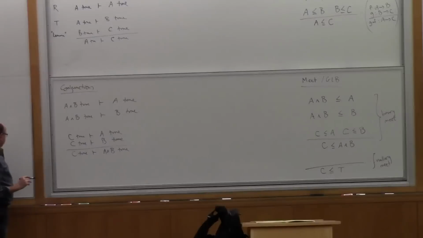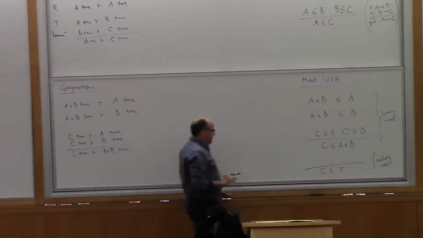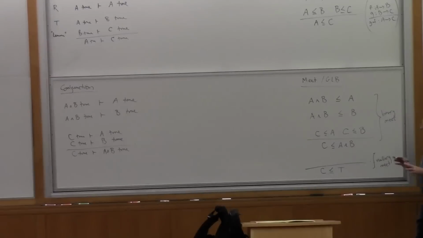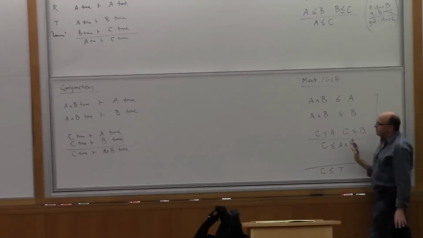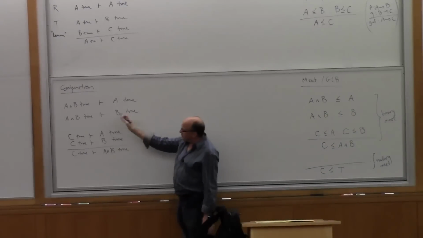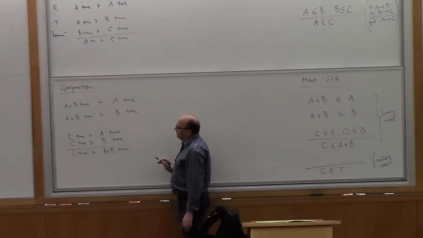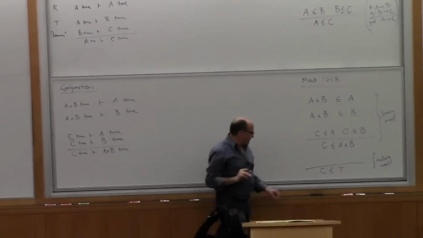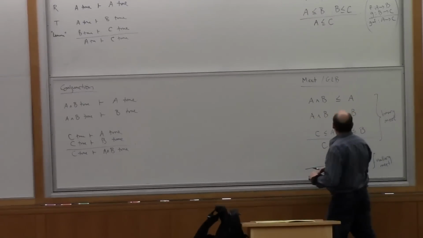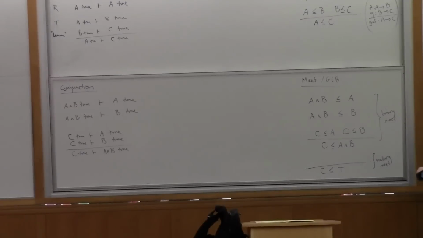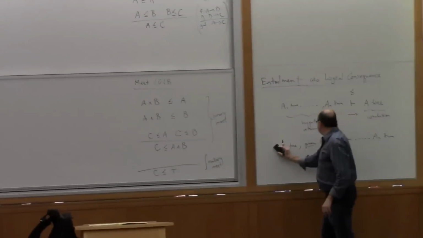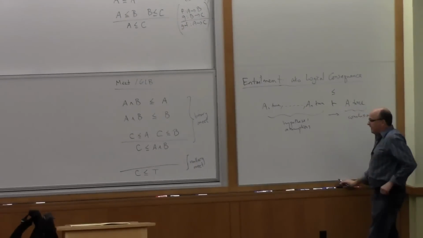So that's an example. You can see now that there are the beginnings of a correspondence between the idea of meets and conjunction. Order theoretic ideas like greatest lower bounds transpose over to logical connectives like conjunction in a logical setting. And I wanted to draw a picture somewhere. See if I can find this. There's a useful picture I can draw. I would like to leave this up here.